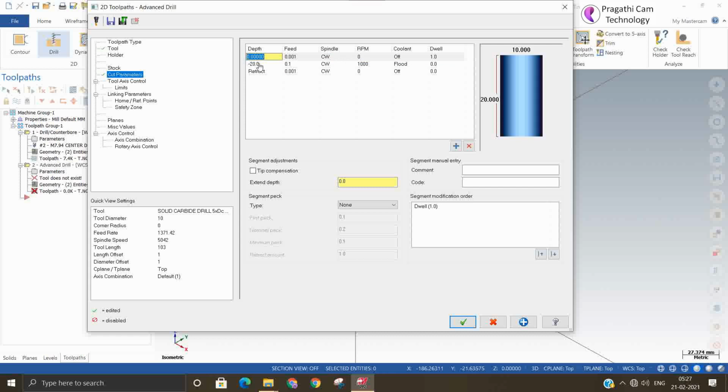You can switch over also. See, I will reset again. Minus 20, 0.1. Clockwise RPM I am giving 1000. Dwell, coolant on.